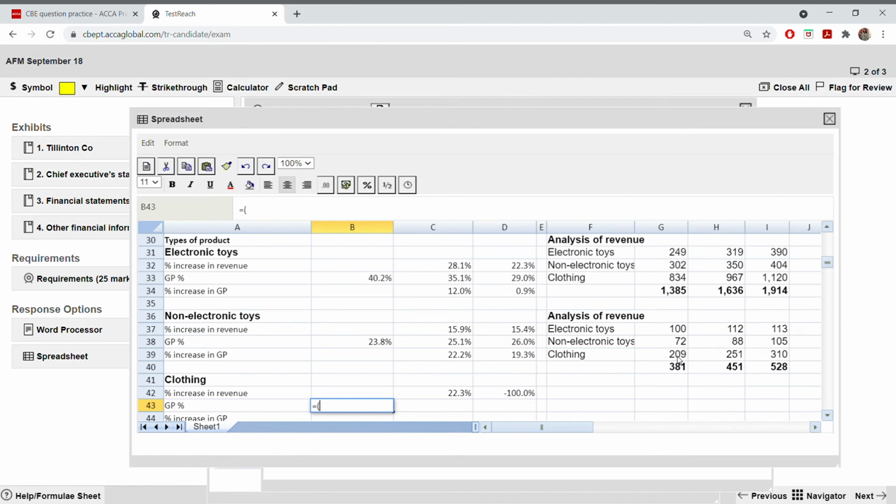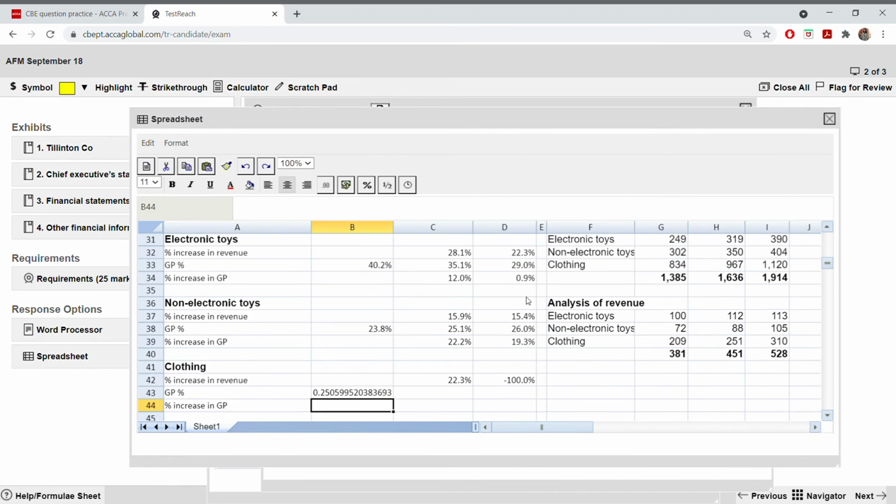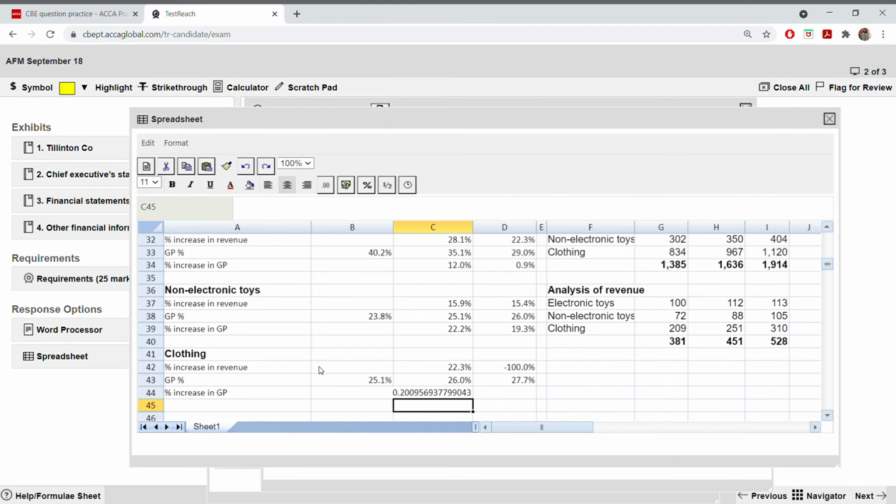Gross profit of sales, this you take in percentage and then take into the other cells, and then percentage increase in gross profit. So this minus this, divide by this, take in terms of percentage, drag. It took me about 1 minute to finish all this. So everything else is correct except some areas